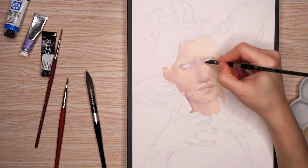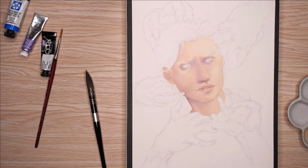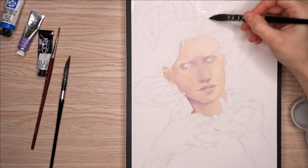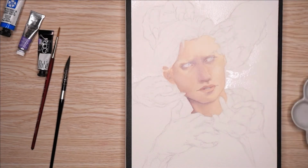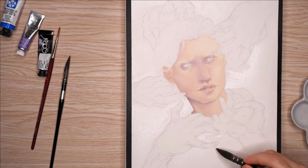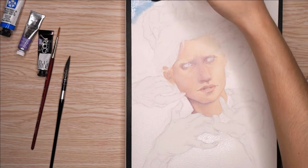I probably used two cool reds, but mostly just used one, and I think it was Carmine, and Yellow Ochre. And I did throw in some other colors from time to time, but that was the bulk of this painting. For the background, I used Cerulean from Daniel Smith and Moonglow from Daniel Smith